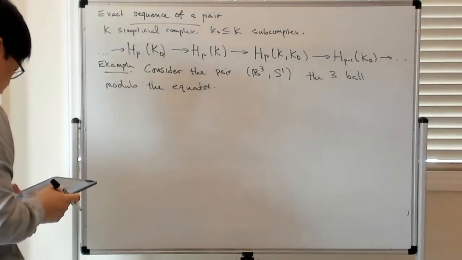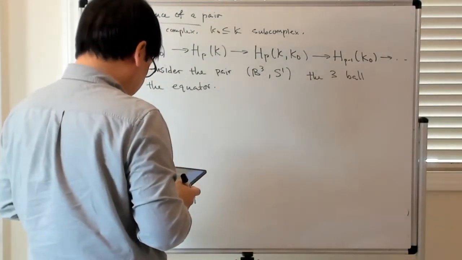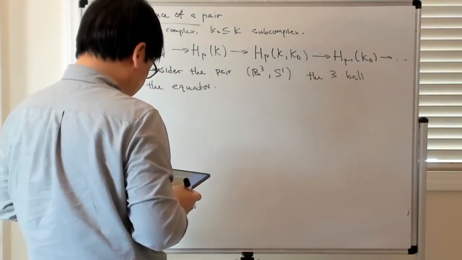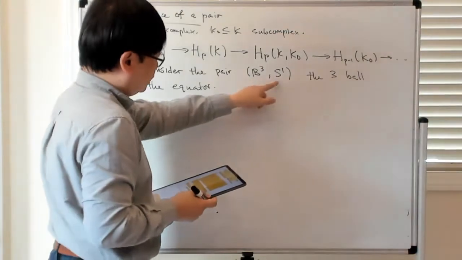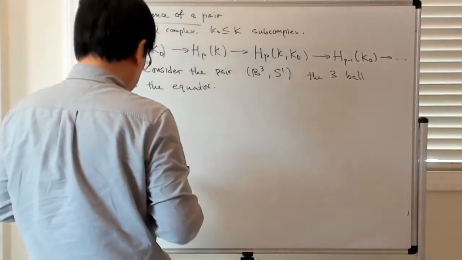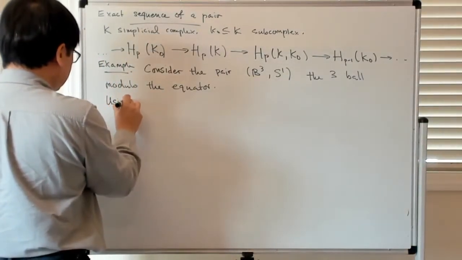Okay, and then let's say it's triangulated, right? So I want to use this exact sequence to compute the reduced homology of this pair, so the relative homology of the pair. Sorry. So if I use reduced homology,